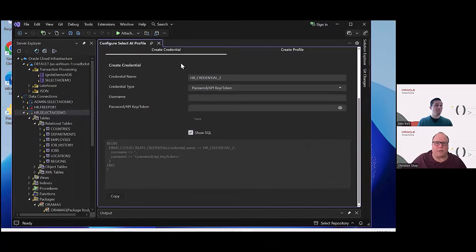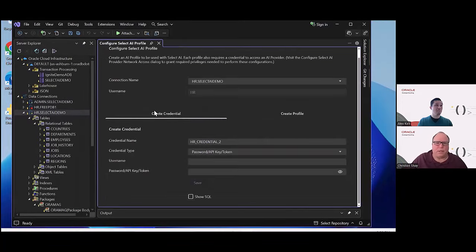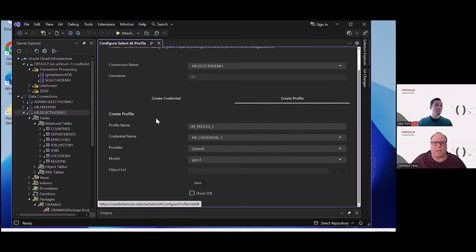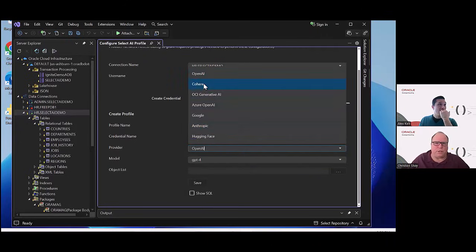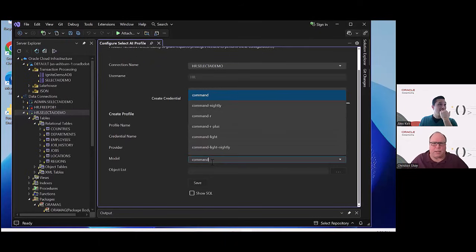Okay, so now we're going to get to the part where I'm actually going to do something. So we're going to go over here to create profile, and I'm going to create a new profile. Let's just call it select AI demo to be creative. Now I only have one credential. I created it earlier. I'm going to be using Cohere, and